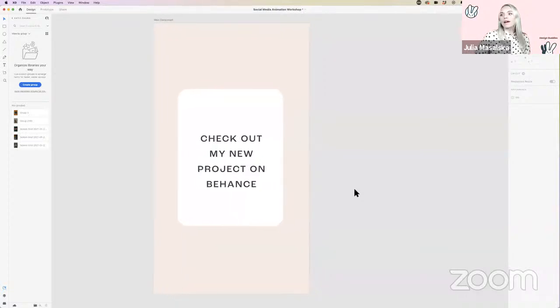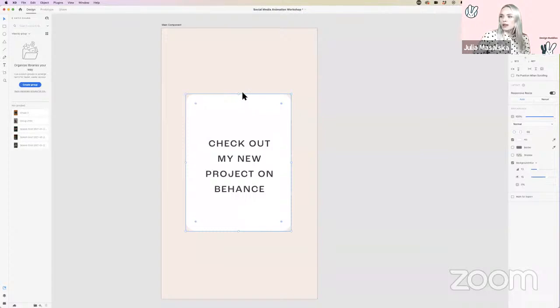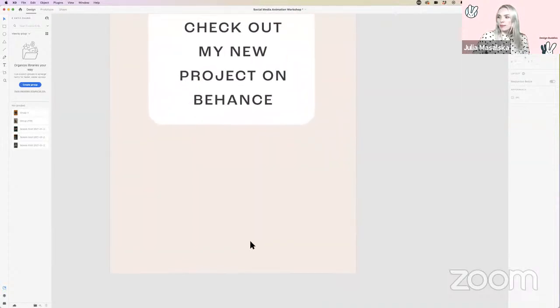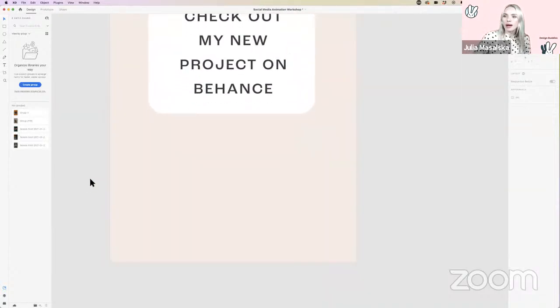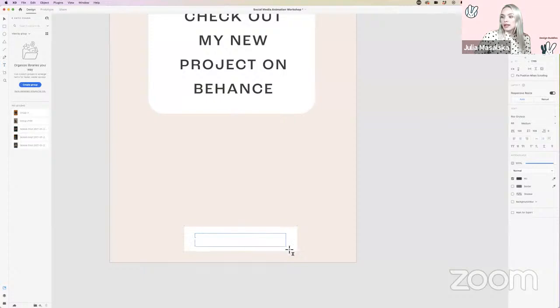Okay, so now we have actually a preset already done. Now let's add some small add-ons to it, right? So we can add maybe a little swipe up button, or a link in bio, or things that people usually write here. So what we can do here is I'm going to, again, create a little text box. And again, we can use the background blur, because why not? Because we can. And then we can put a little swipe up,